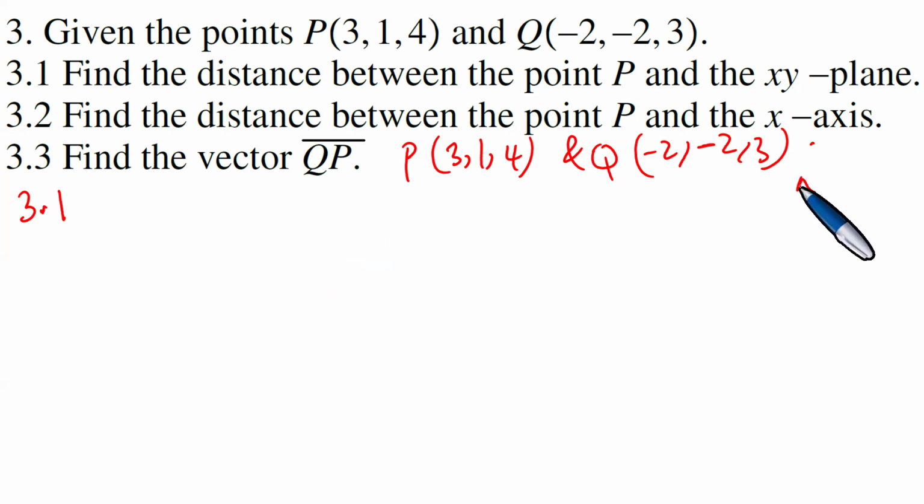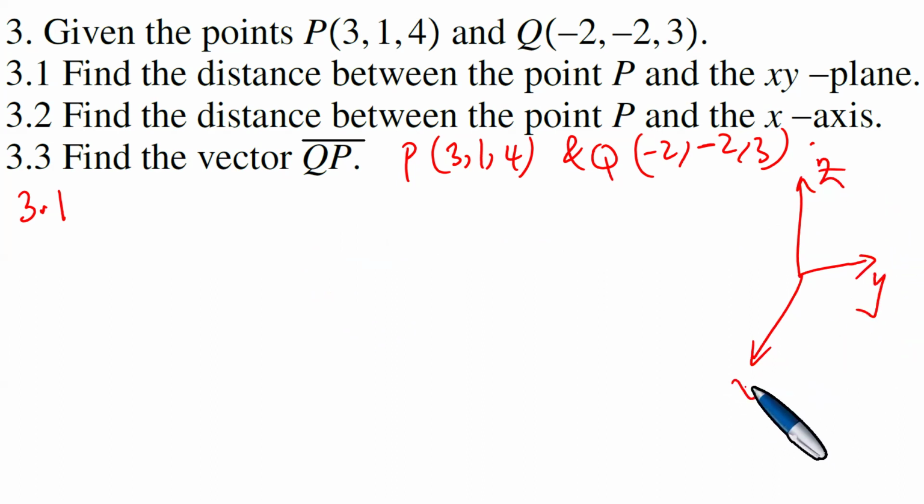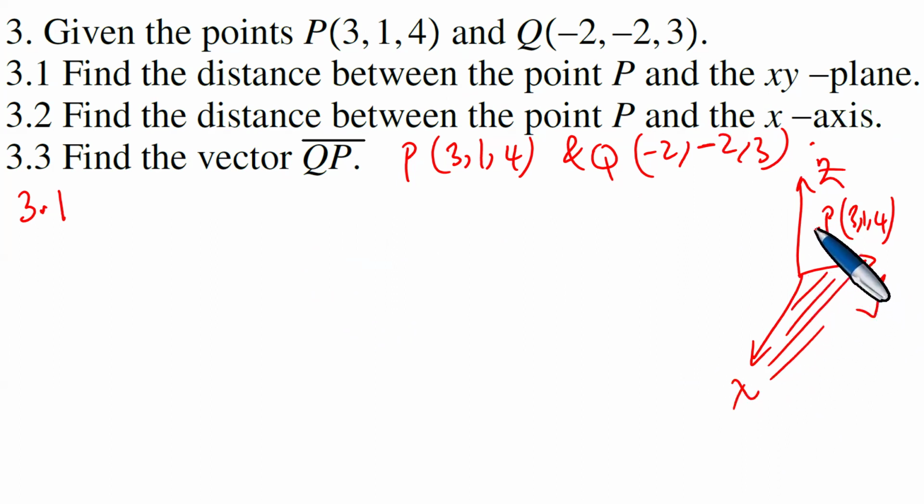If you look at the fact that you have here the z-axis, the y-axis, and then the x-axis, all these are positive, meaning you have a point somewhere there whose components are 3, 1, 4. This is the xy plane. So if you need to find the actual distance between the point and the xy plane, this is like, what